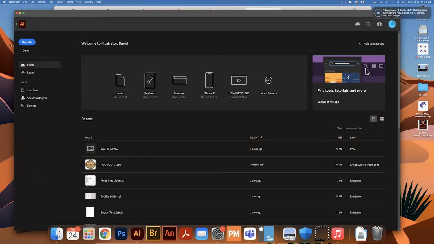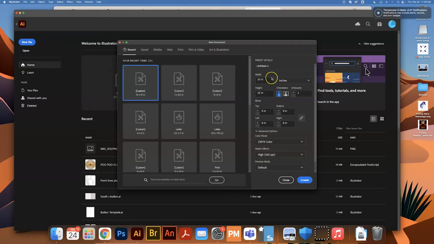When you get to the home screen, when you open it up, you're going to have an option to open from wherever on your computer, or create a new file. We're going to create a new file, and for this one, I'm just going to choose 10 inches by 10 inches. You can do whatever you want. You can decide whether it's inches or pixels or points, picas, feet and inches, yards. You're getting really big in that realm. Inches is just nice because you have a good idea of exactly how it's going to be, especially when making stickers and such. So I'll click create,